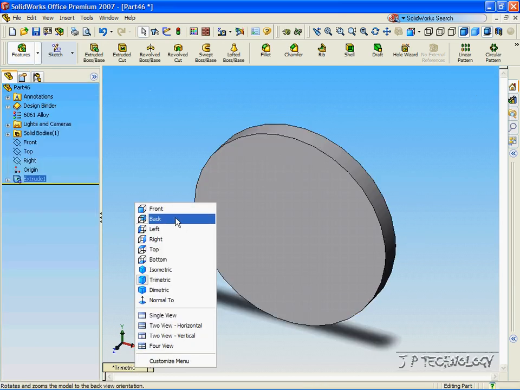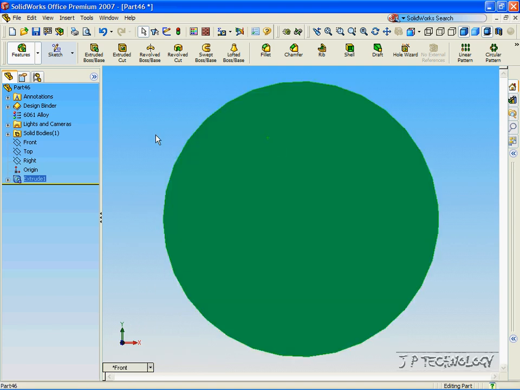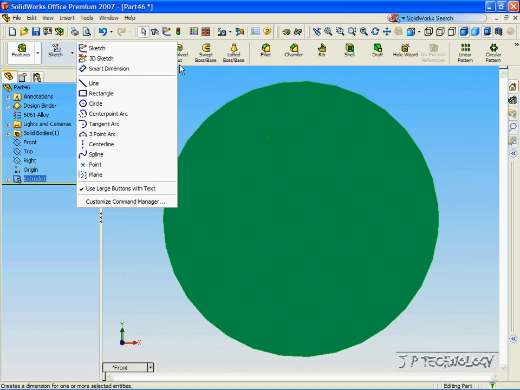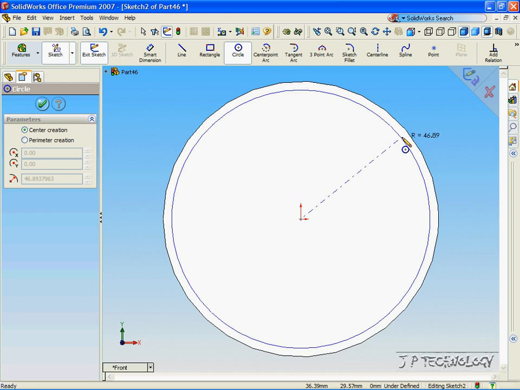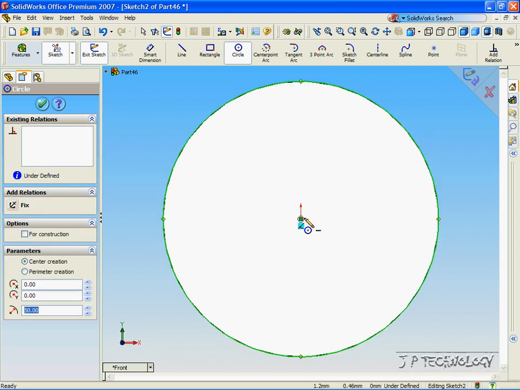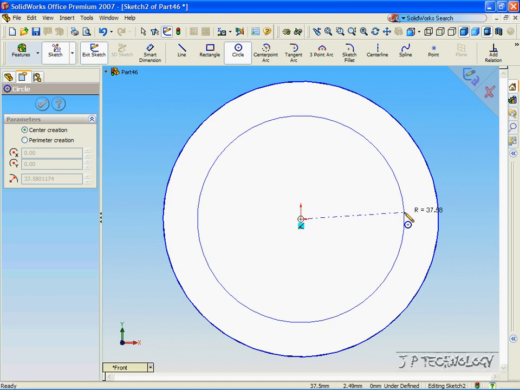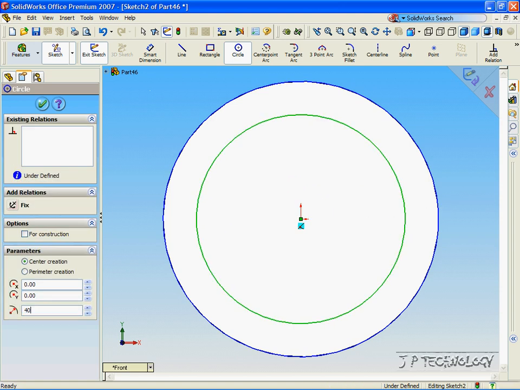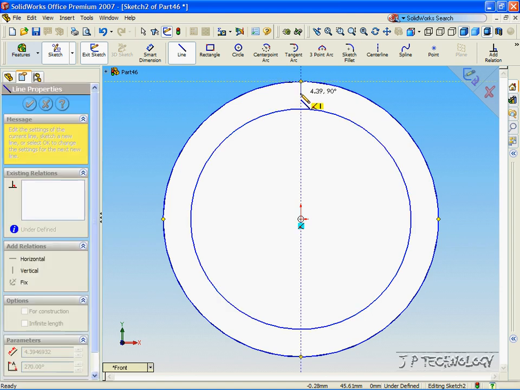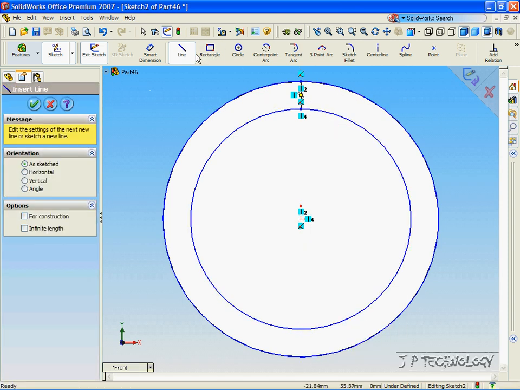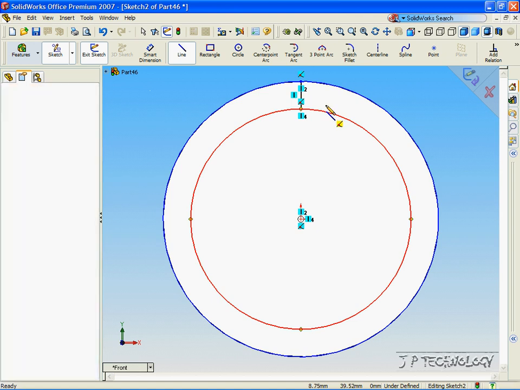Click the front view, click the front face. Now let's click Sketch, and let's sketch a circle from the origin all the way out until it's red. And let's click the origin again, and let's make one with a 40mm radius. Click OK. Now click line, click the very top point, click the point on the second circle, click end chain. Now click a point on the inner circle